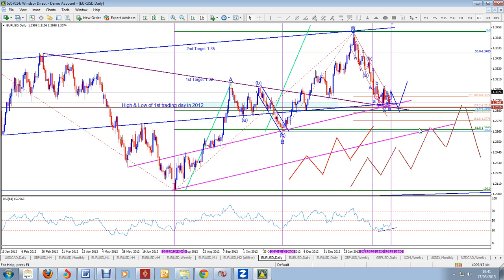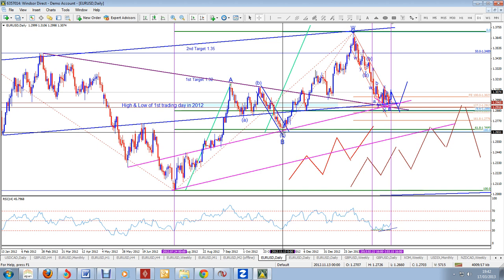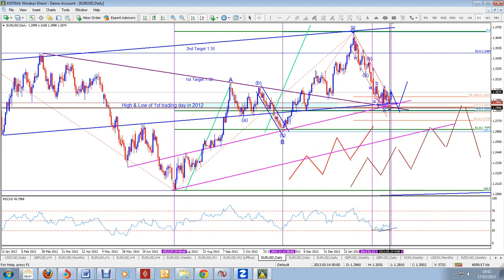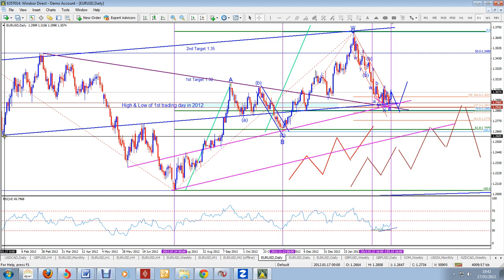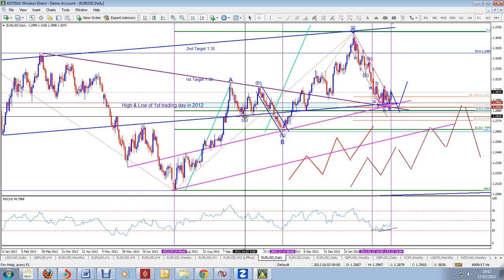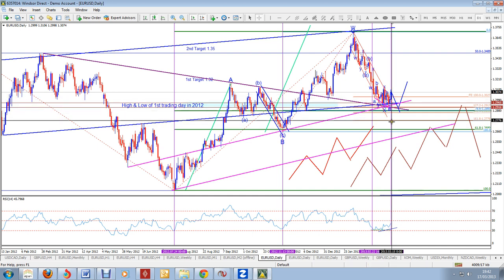So in that process, we have this other lines of support, the pink line connecting this low we had in June 2012 against the low we had in November 2012, and it provides a pivot there, pivot here, which are only minor, but we could potentially run into that trend line as a possible support. Then we have this blue line, which you can see where I've drawn from, is from the low we had back in January 2012. Then again it picked up this pivot, picked up that pivot, and we've come back into that. Now the price recently bumped into it but didn't quite fully breach it.